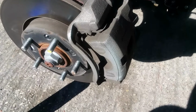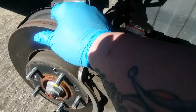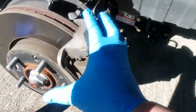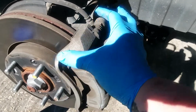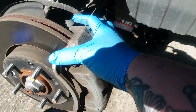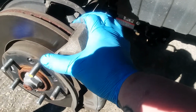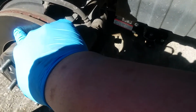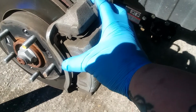Alright, now that we have the front wheel off, we are looking at the brake assembly. This is the brake rotor, right here, this disc. This is the brake caliper, if you do not know. And basically the pads sit inside of here. When you press the brake pedal, they squeeze against this disc. If you let your pads get down too far, they're going to dig into this. You definitely don't want that. So the caliper is what we're dealing with today. That's what the brake pads sit